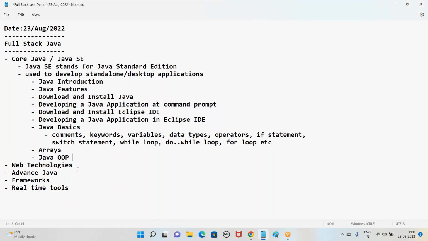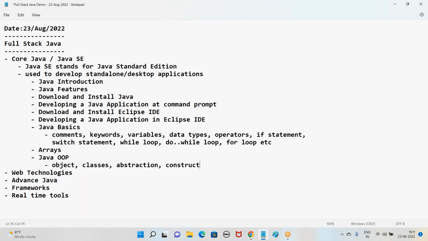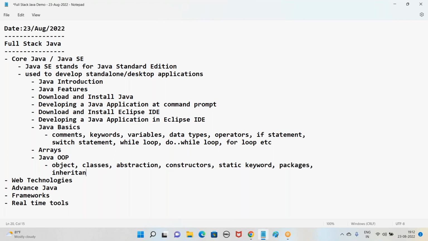then the remaining topics of Java we will be able to understand very easily. And in this, we'll be learning about the meaning of object, classes, abstraction. Then we'll be going with constructors, then static keyword, packages, inheritance, polymorphism,